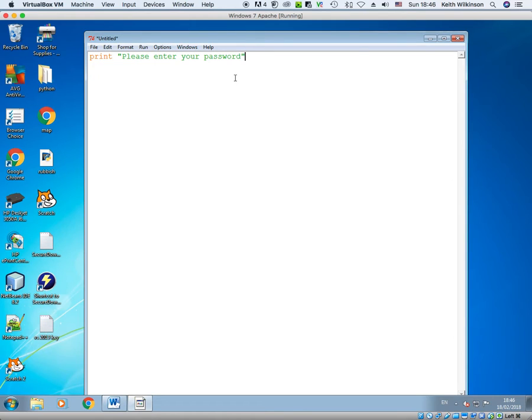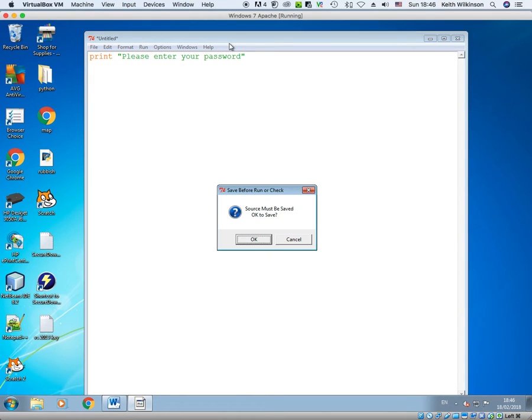And the first thing is to press F5 on your keyboard, not the letter F and then the number 5, but the single button with F5 written on it. It should be on the top row of your keyboard. The alternate way of doing it is to choose Run and Run Module F5. Okay, I'm just going to press the keyboard F5, and the first thing it asks me to do is to